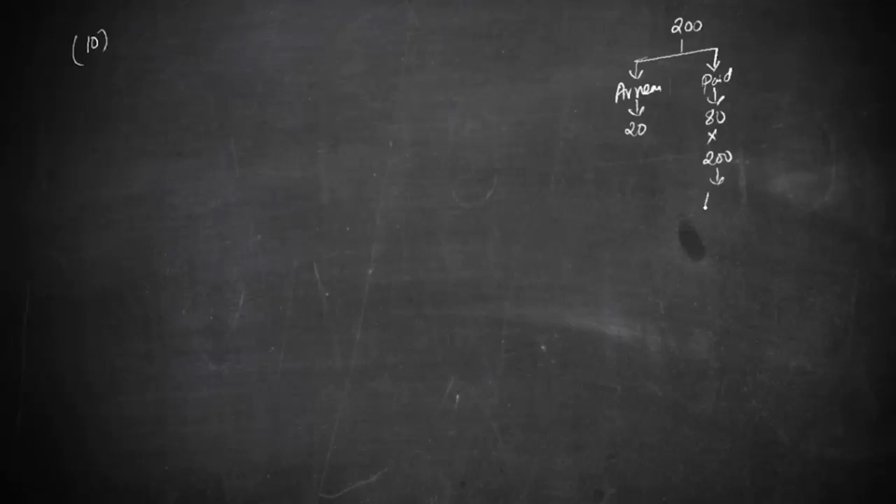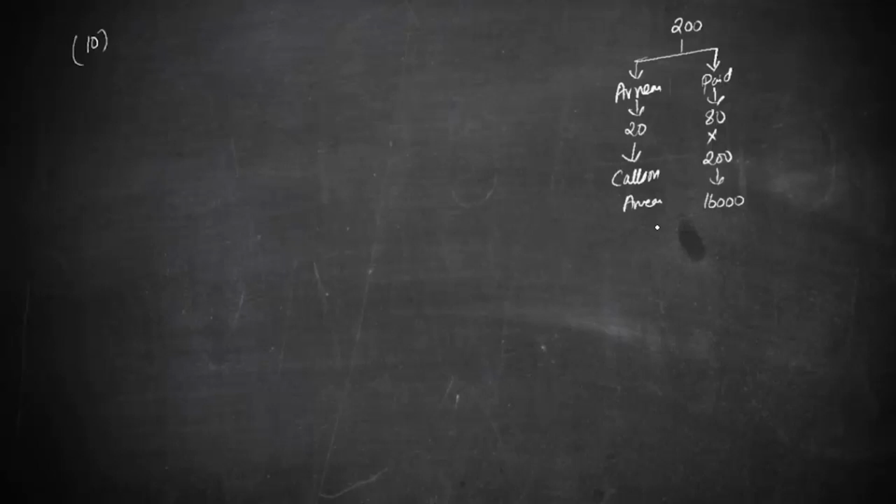So we'll have the entry number 10. When it comes to forfeiture, we had the information: it is 200 shares, of which arrears is 20, whereas what is paid is 80. So 80 into 200 is going to be the amount that is going to land in share forfeiture account, and this is the calls in arrears.